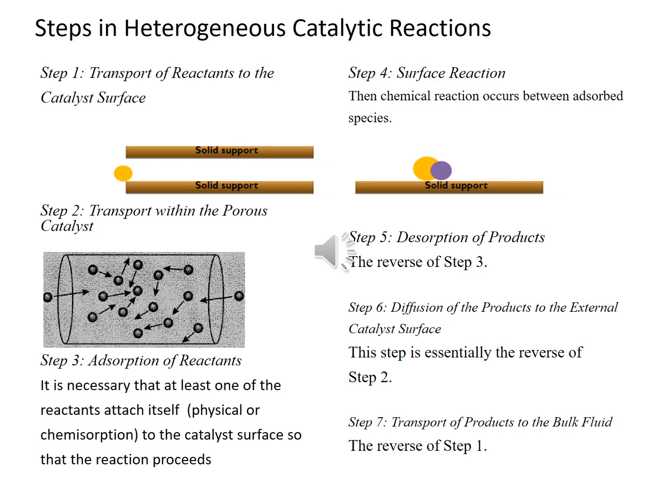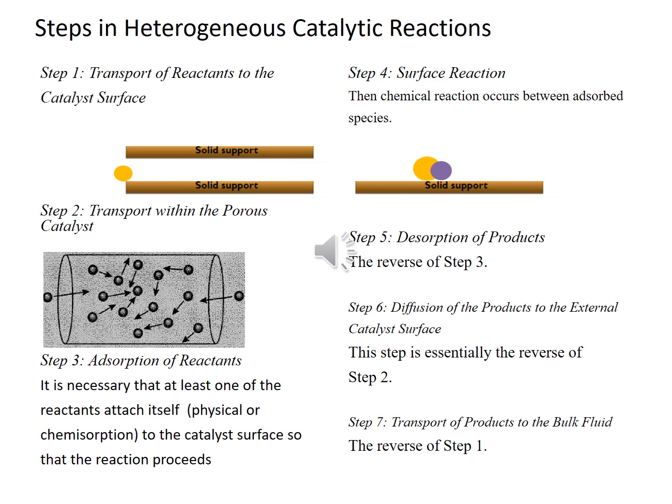And these are typical adsorption steps involved in catalytic reactions. The first step is the transport of the reactants, which is our fluid, from the bulk of the liquid to the surface of the catalyst. Thereafter, these molecules are transported within the pores of our catalyst. Then the next step is the adsorption of reactants